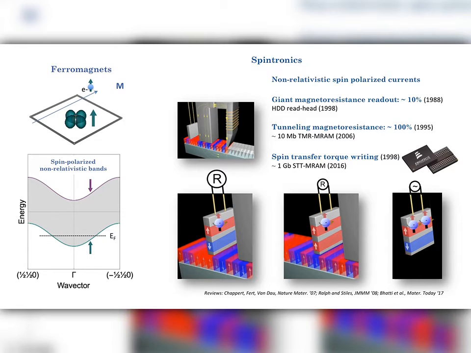And these spin currents can be used for reading magnetic information by phenomena like giant magnetoresistance or tunneling magnetoresistance. And the same non-relativistic spin currents can be also used to write the information in these spintronic devices by spin transfer torque. Now, the second class of magnets that we are quite familiar with are antiferromagnets,